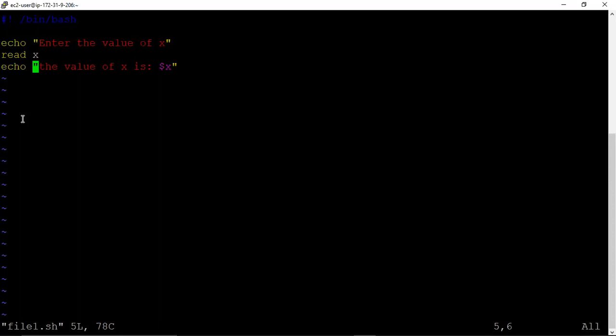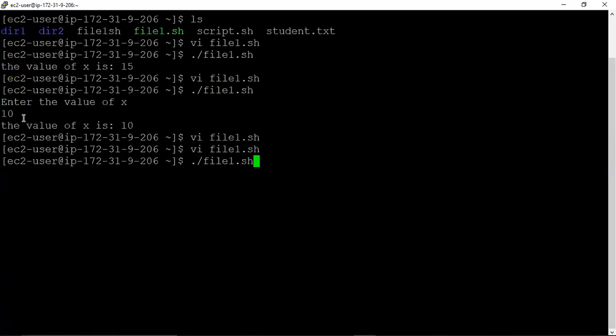So suppose we use echo dash n. See what happened. If I run the script, what happens? See, enter the value of x, and the cursor is at the same position. The cursor doesn't move to the next line.